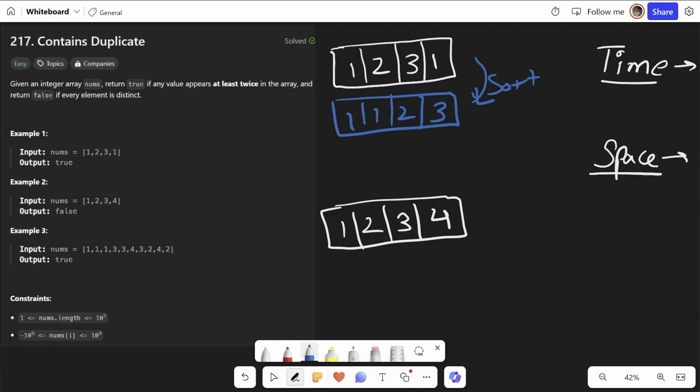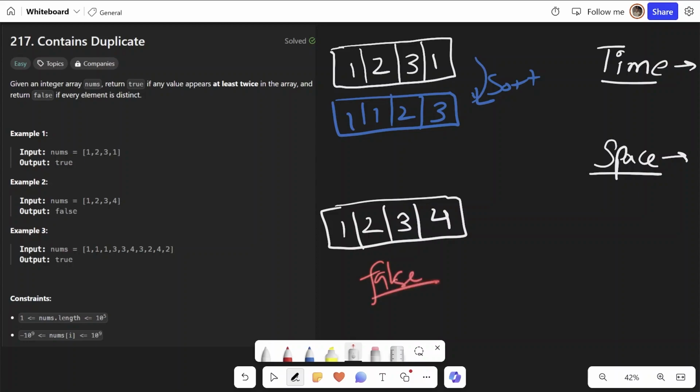Yes, we can. We can now instead consider the adjacent indices to see if they are the same or not, and return true if they are, and return false if we find no adjacent indices are the same. So for example, 1 and 1 here are the same, so we return true directly without moving on. Similarly for the array 1 2 3 4, we compare 1 and 2, 2 and 3, and then 3 and 4. As this array is already sorted, I'm not showing it being sorted again. So in this case, we will return false as we reach the last index.